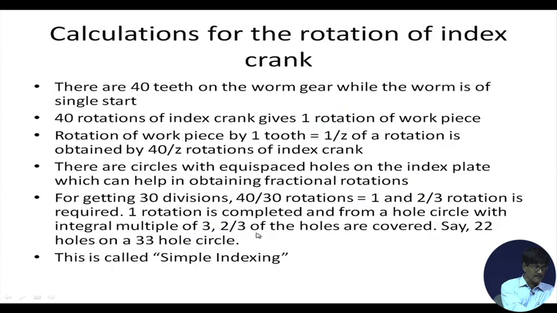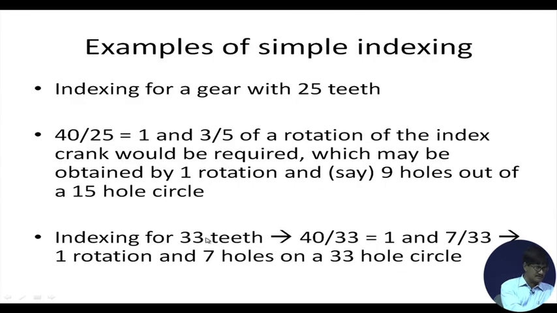So, let us go back to our previous problem. So, 30 divisions, 40 by 30, 1 2/3 of a rotation. So, say 11 holes on a 33 hole circle will do the trick. This is called simple indexing. Let us end this lecture with the identification of the typical problems that we come across in simple indexing. Another example,